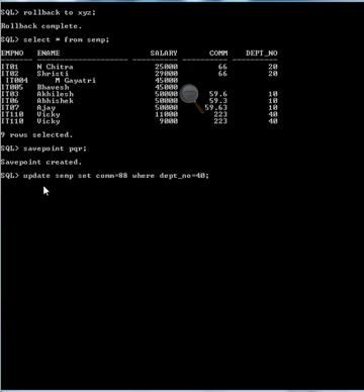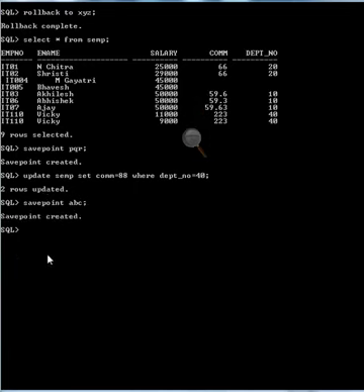Update ACMP set commission equals 88 where department number equals 40. Now give another save point, ABC. The save point is created. Now give another update, commission equals 99 where department number equals 10.